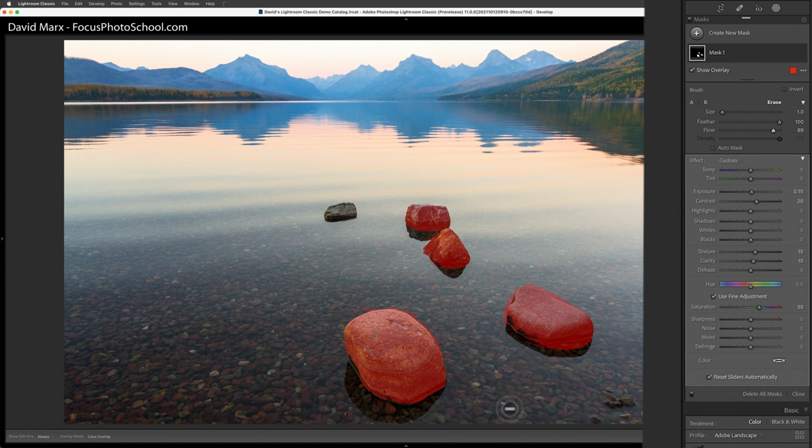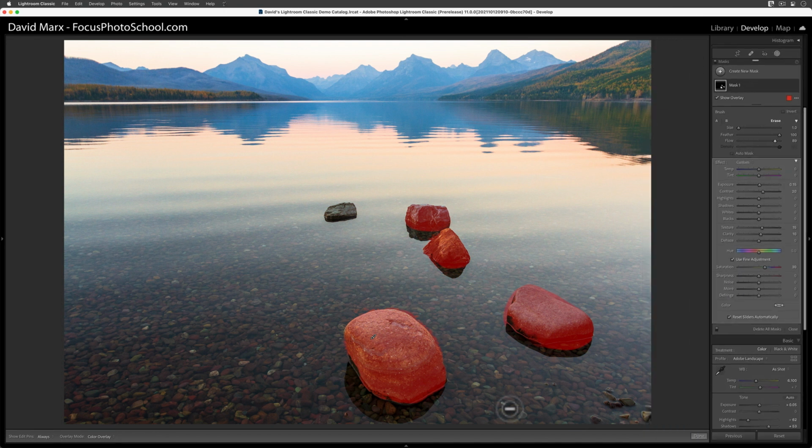For today's demo, I'm not going to worry about precision mask cleanup, but if I were really working on this image, then I would slow down, zoom in, and pay a lot more attention to the edges of this mask. Bigger picture though, the red colored overlay that we are seeing right now is just one representation of the mask, but there are other ways to view our targeting system too. Perhaps the most complex, but the one that really gets at the heart of today's lesson, lives down here at the very bottom of the Overlay Mode flyout menu.